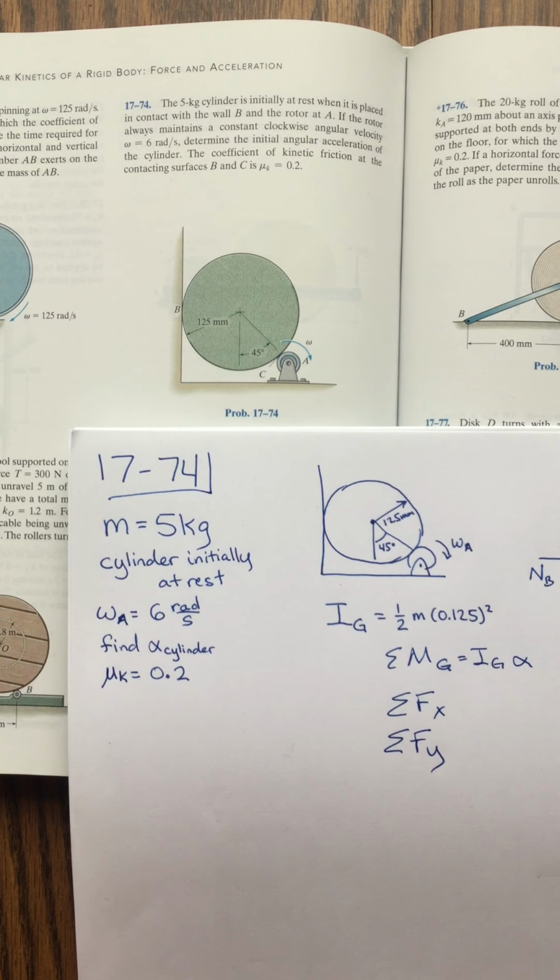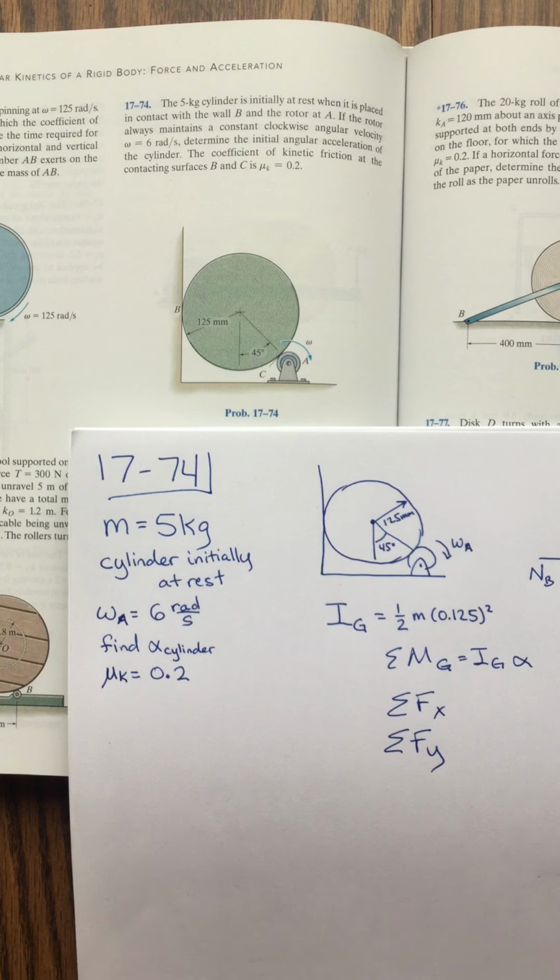This is problem 74 from chapter 17. In this problem, the 5-kilogram cylinder is initially at rest when it is placed in contact with the wall B and the rotor at A. If the rotor always maintains a constant clockwise angular velocity of 6 radians per second, determine the initial angular acceleration